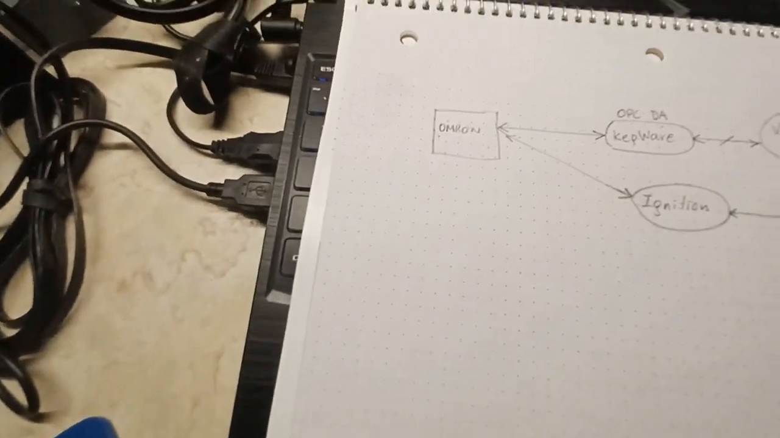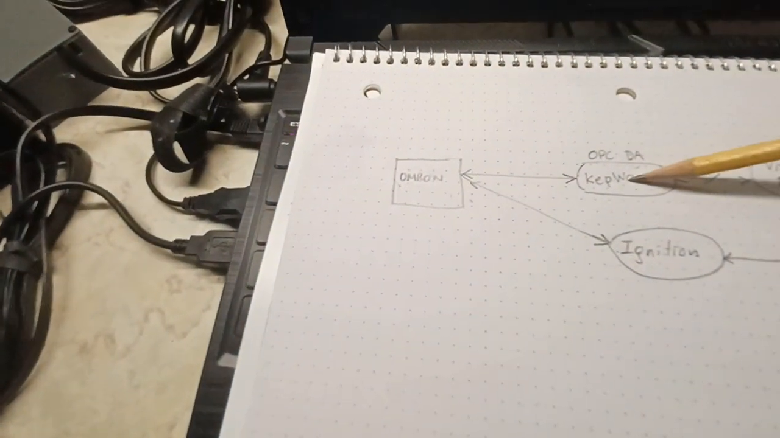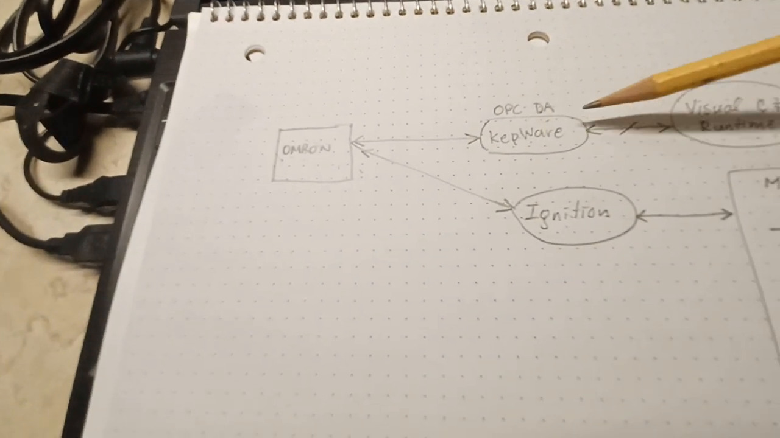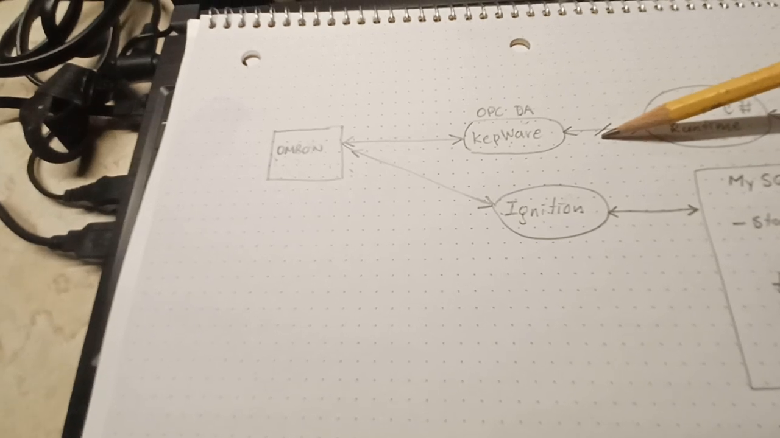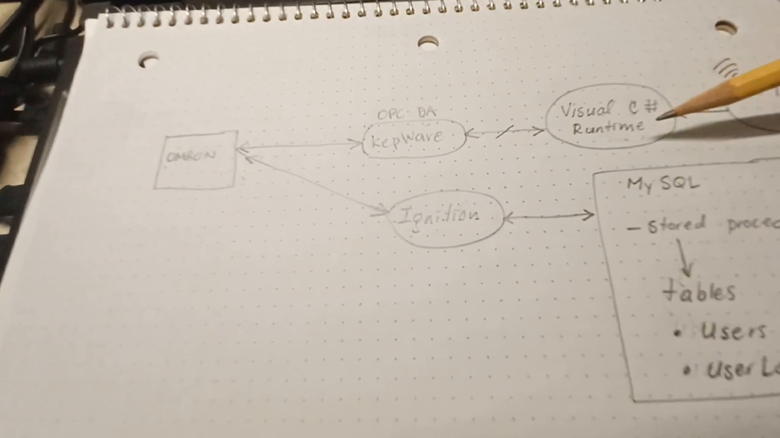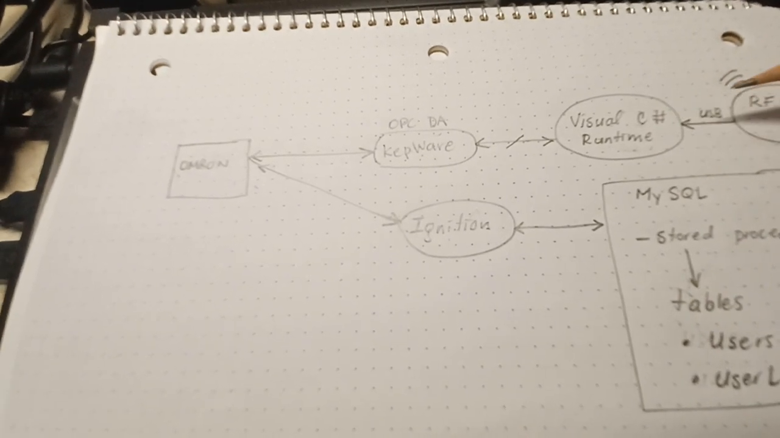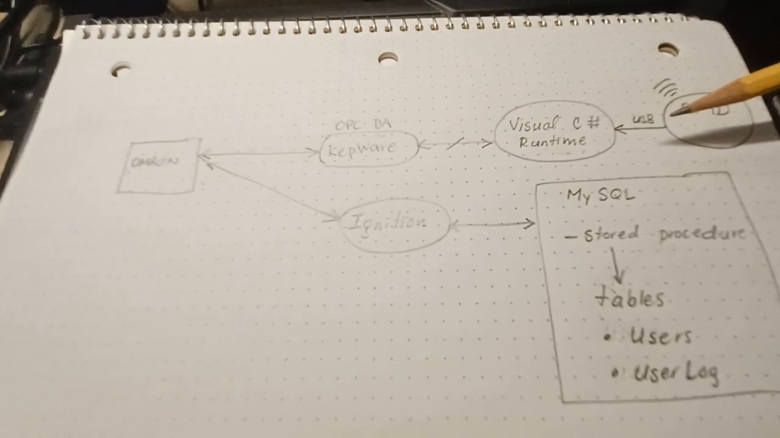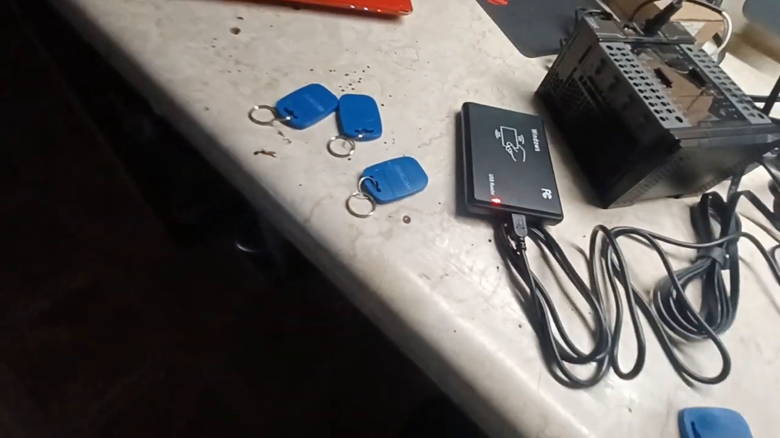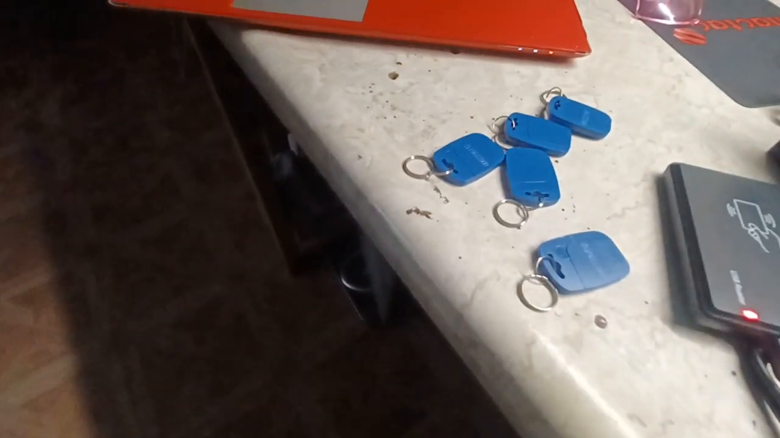So I have the Omron PLC right here, and the Omron PLC talks through EtherNet/IP to Kepware using OPC DA, and then Kepware talks through an OPC automation DLL library to Visual C Sharp. I have a runtime that mimics an HMI, and of course this is connected to this RFID tag reader, and I have all these tags that I have already logged into